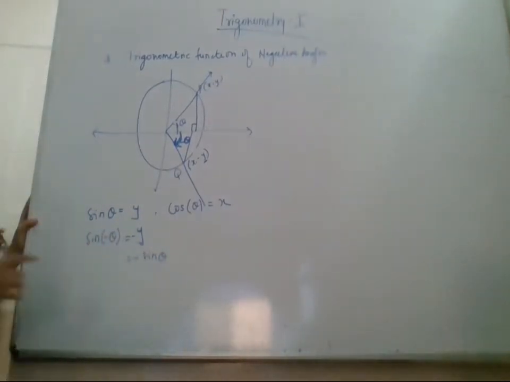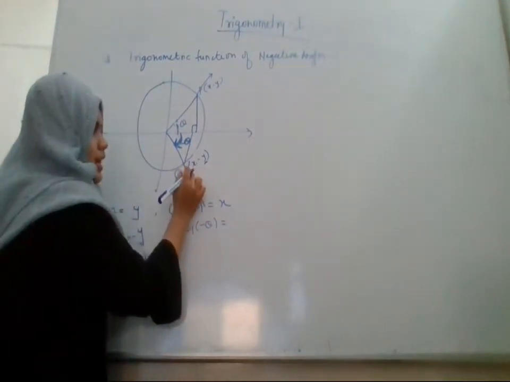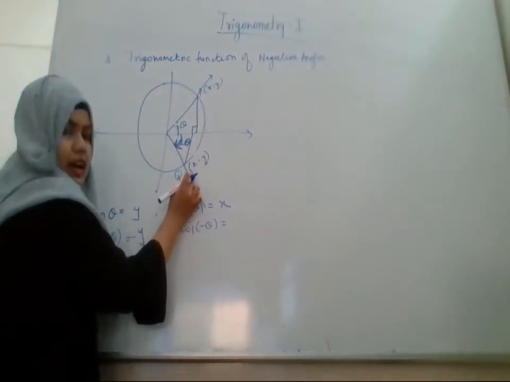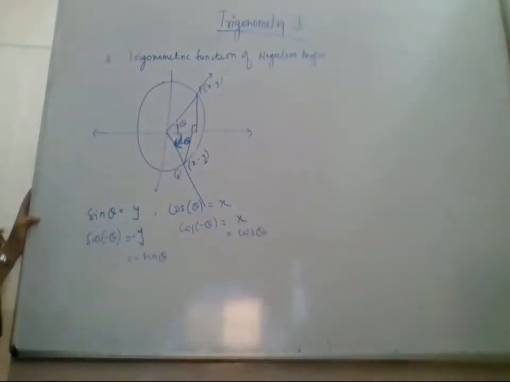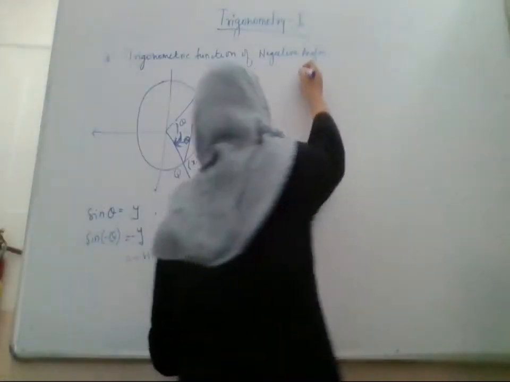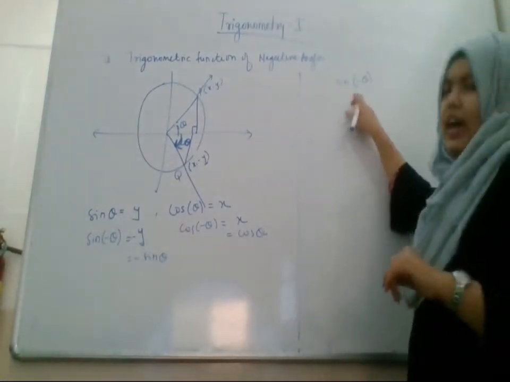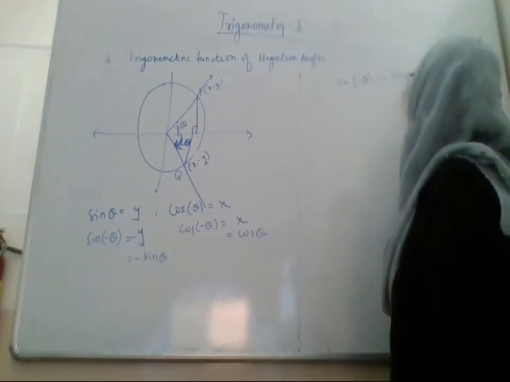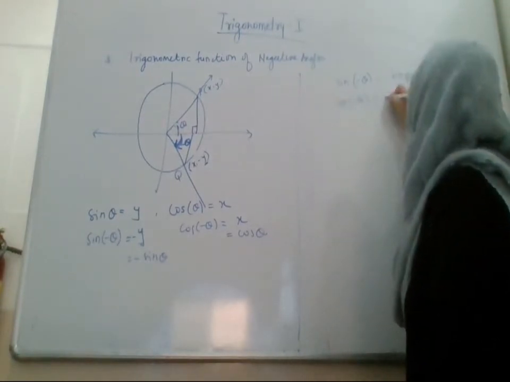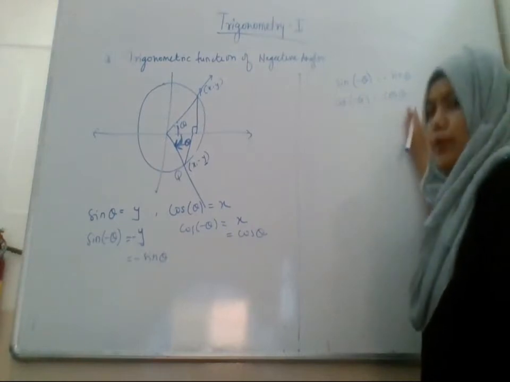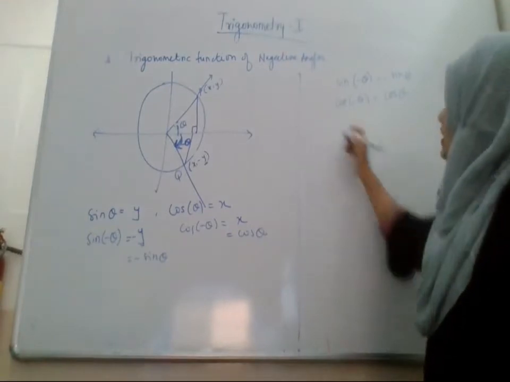So sine minus theta is equal to minus sine theta, and cos minus theta is equal to what? For this angle the x is positive, so it will be x only, which is equal to cos theta only. So we have got the two values for negative angles. If you have the negative angle minus theta, the value of sine will be minus sine theta, the minus sign comes out, and for cos minus theta it is cos theta only. So cos absorbs the minus sign, and in the case of sine the minus sign comes out. I hope this is clear.